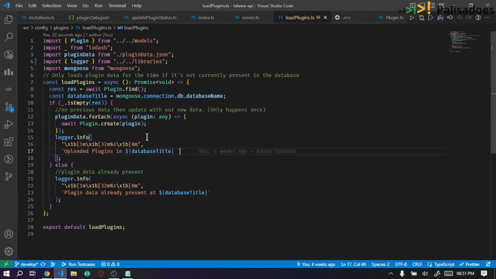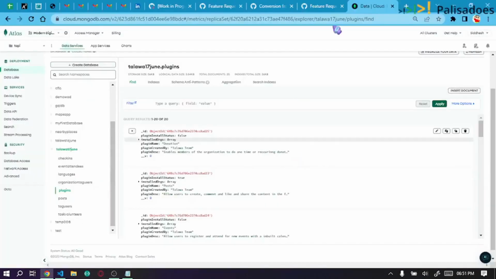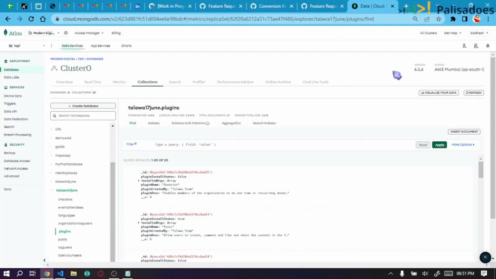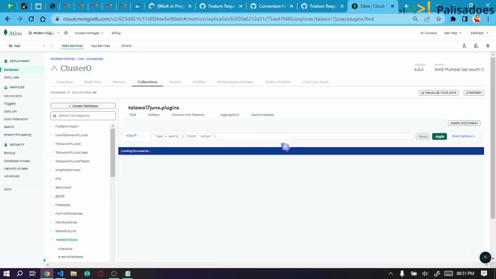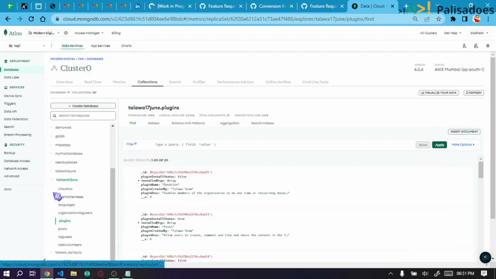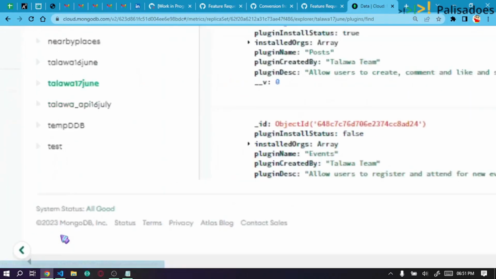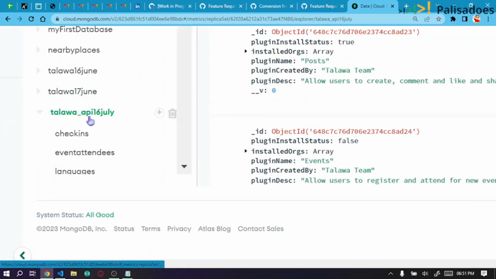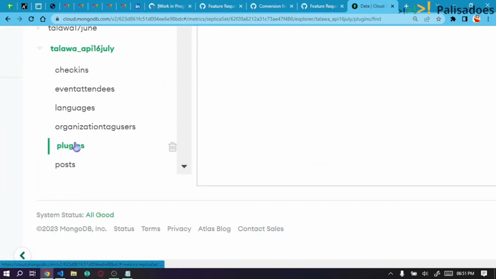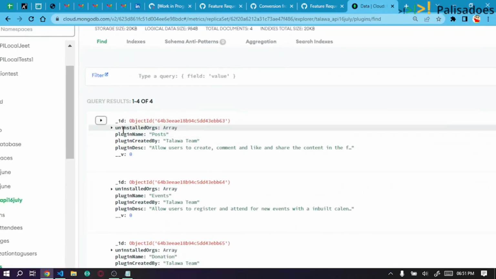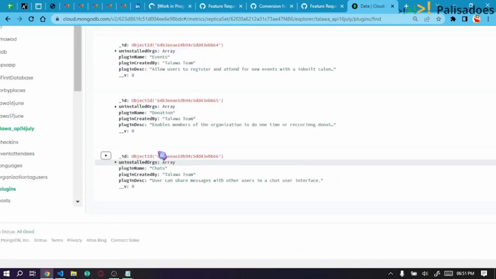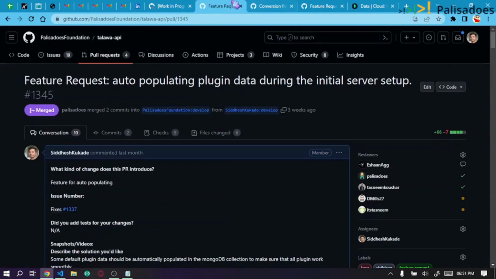which was the first condition here, right? So with that, now it should be present here. So let's just refresh this. As you can see, Talawa API 16 July. Going into plugins, it should contain the default data, and as you can see, it is already present with the default data. So that was the demo of this feature, which is the auto populating plugin data during the